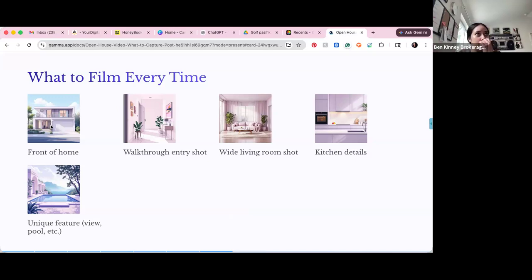Let's look over the first photo that says front of the home. Although these are AI generated content pieces, they are as you would shoot them, and so I don't mind using these as examples. I'll show some real life examples that I've shot as well. But